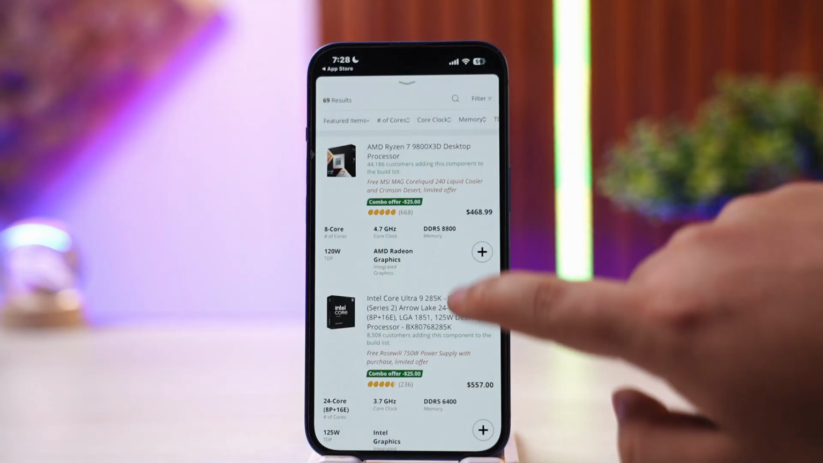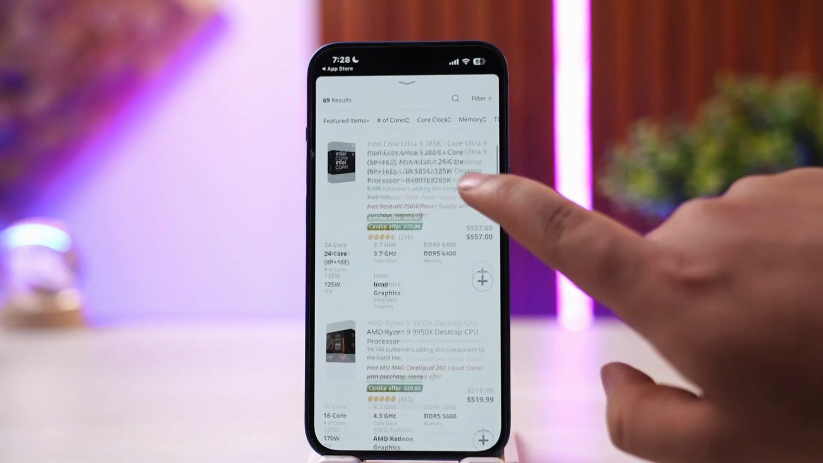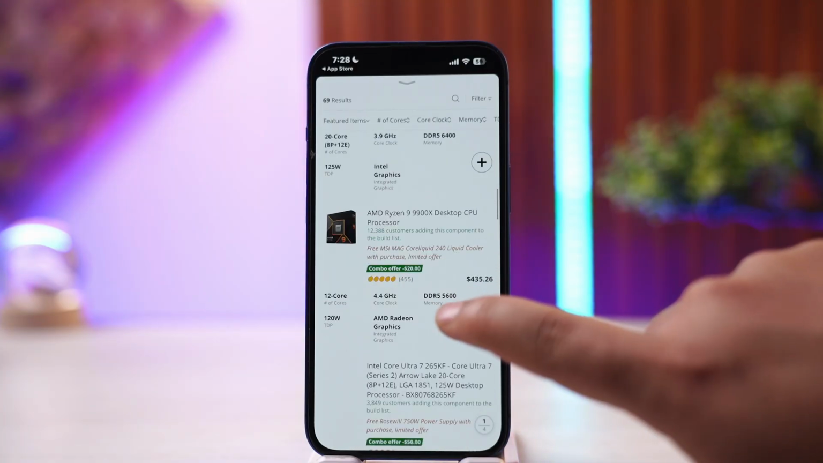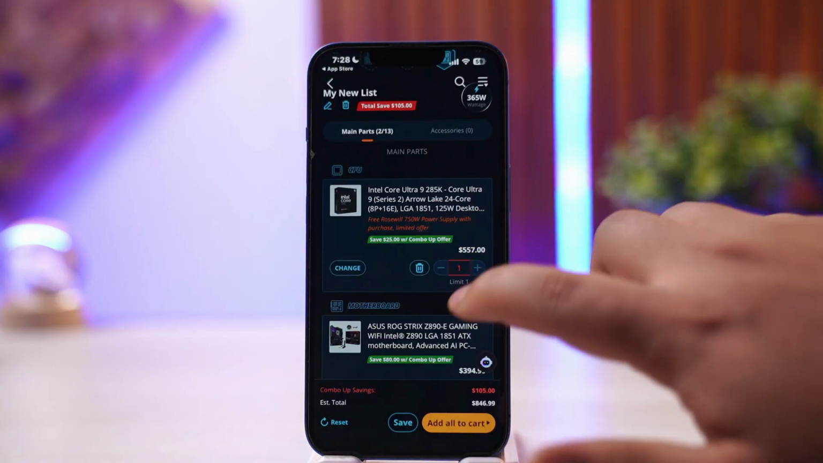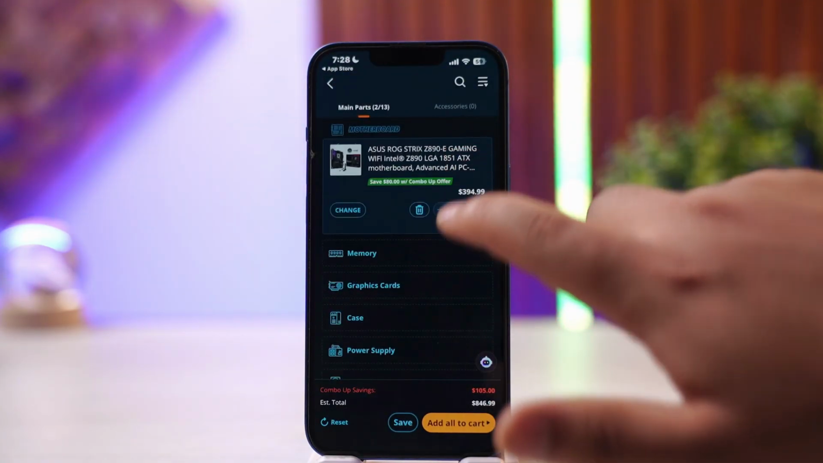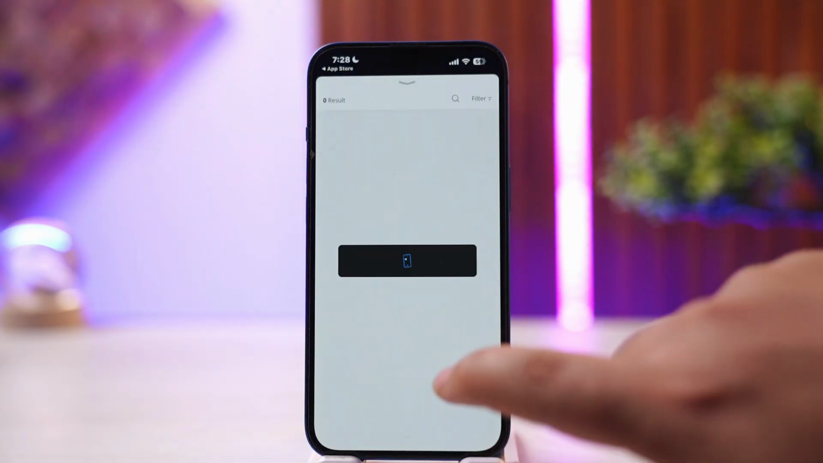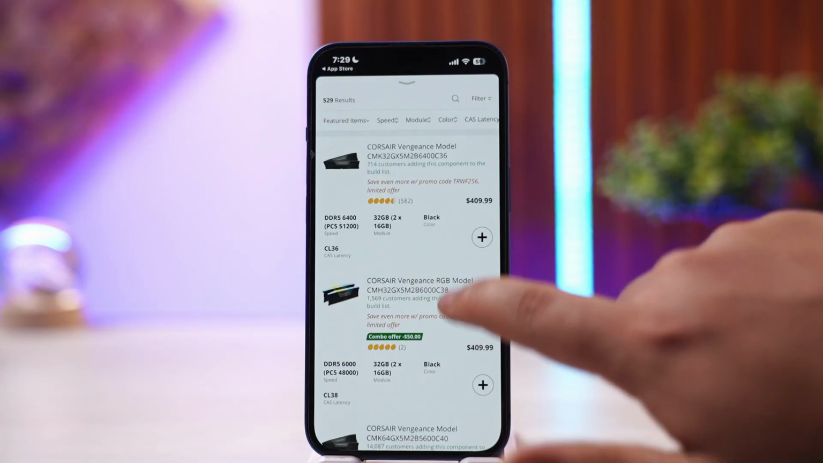Tap on CPU and select the CPU that you would like to purchase. You'll be able to see the price and such. Select according to your price, budget and your wants. Once you have selected, you want to select a motherboard, then you can again tap on memory and proceed to add memory. All you got to do is head into it and then tap on the plus icon